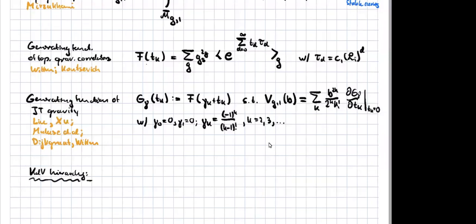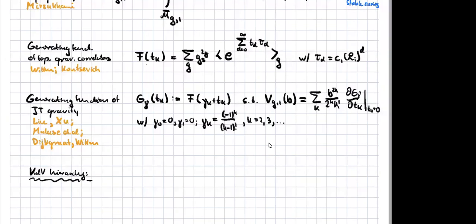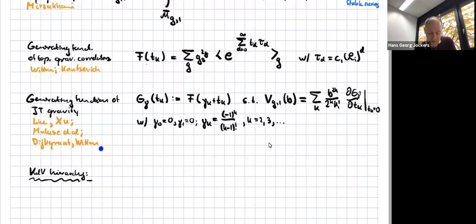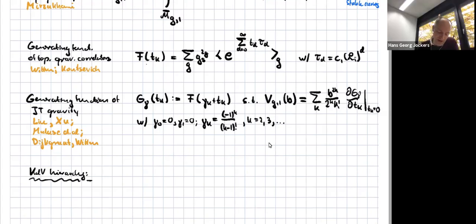Can I ask a question? Hans, yes, sure. I haven't read the Liu Zhu papers or Mirzakhani's, but Dijkgraaf and Witten, I remember reading it. So this would be the case of pure topological gravity, right? Without matter. Because they had done more general things. Yes, I don't precisely remember what they discussed in Dijkgraaf-Witten. They did minimal models, topological minimal models coupled. So they might not have included a boundary. That's what you're saying? Yeah, I don't remember a boundary either. Okay, yeah. So certainly, I also don't remember off the top of my head what precisely they discussed there.